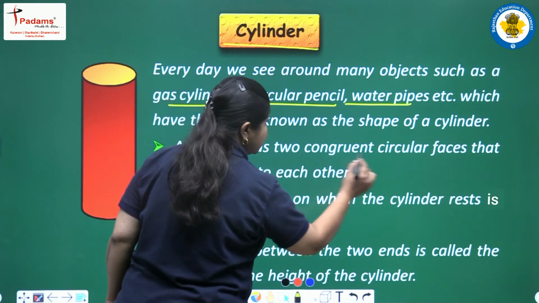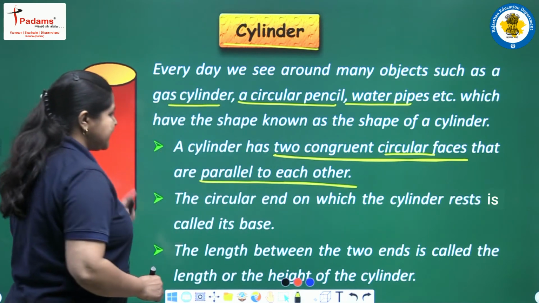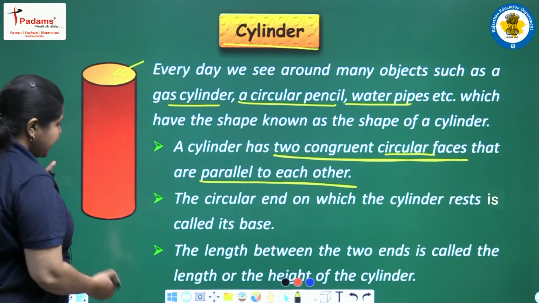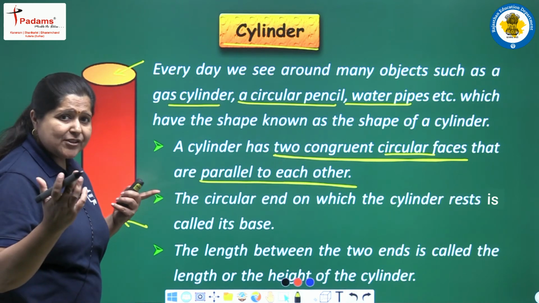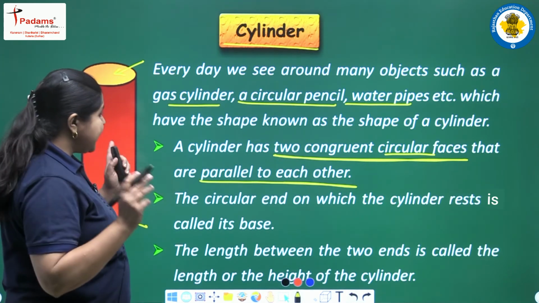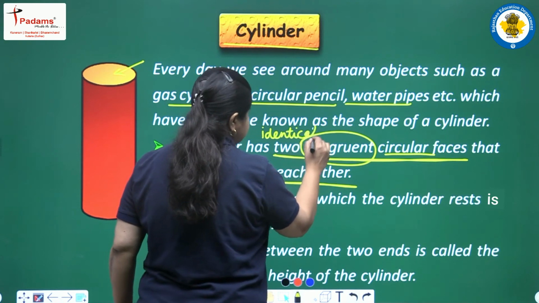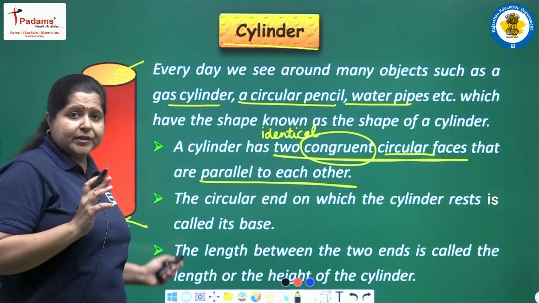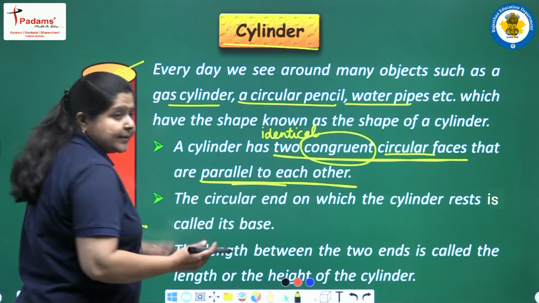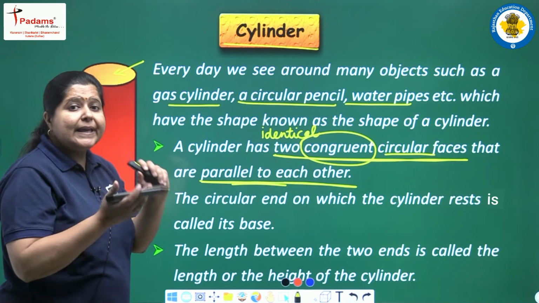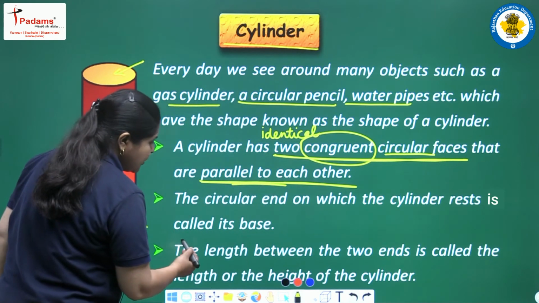A cylinder has two congruent circular faces. Two congruent circular faces that are parallel to each other. यहाँ पर देखिए आप, सर्कुलर फेसेस हैं, यहाँ टॉप पर एक सर्कुलर फेस है और ऐसे ही आप इमेजिन कर सकते हैं अपने पास कोई अगर चीज़ है जो सिलिंड्रिकल है उसको लेकर बैठी अपने पास, तो आप इमेजिन कर सकते हैं कि बॉटम फेस भी सर्कुलर है और ये कॉन्ग्रुएंट है। कॉन्ग्रुएंट का मतलब बिल्कुल एक जैसे, आइडेंटिकल, उनका रेडियस एग्जैक्टली इक्वल होगा। जो टॉप फेस है और बॉटम फेस है वो सर्कुलर होंगे, उनके रेडियाई एग्जैक्टली सेम होंगे। गेटिंग इट? एंड दे आर पैरेलल टू ईच अदर, एग्जैक्टली सेम है, उनके बीच का डिस्टेंस जो है वो भी सेम होगा एवरी टाइम दे आर पैरेलल।